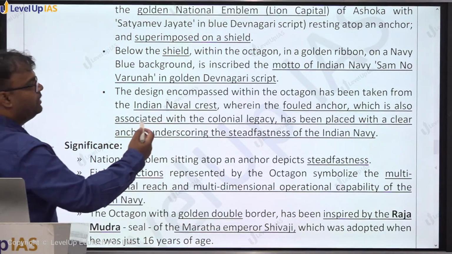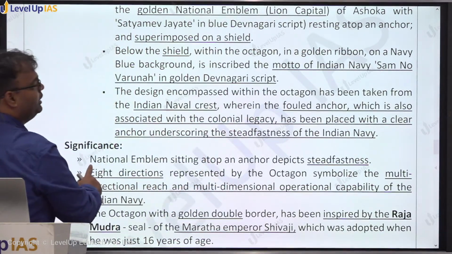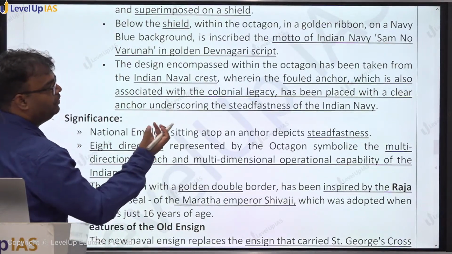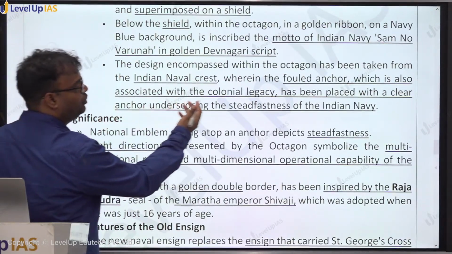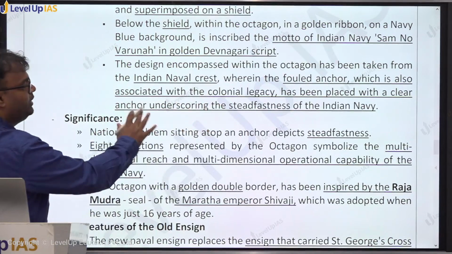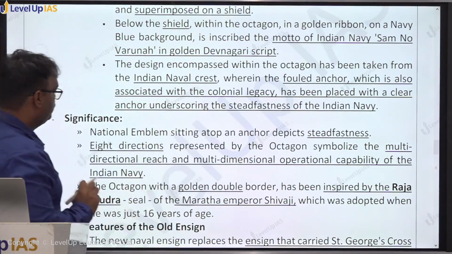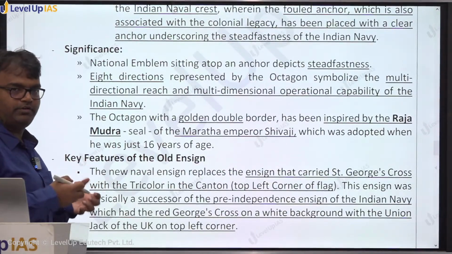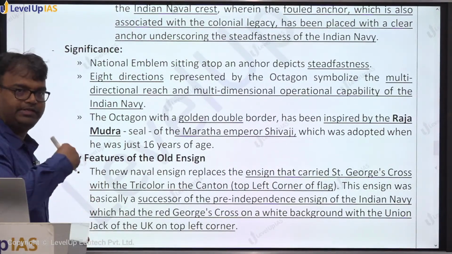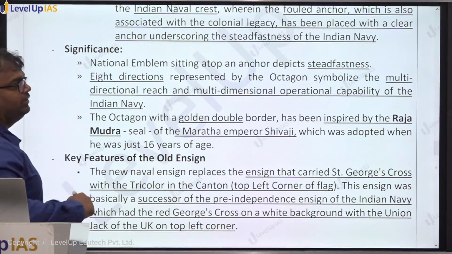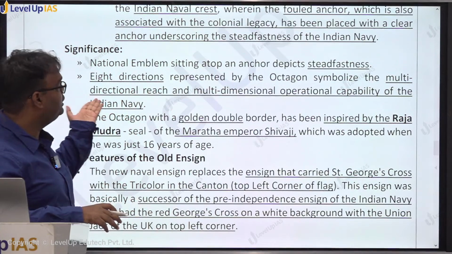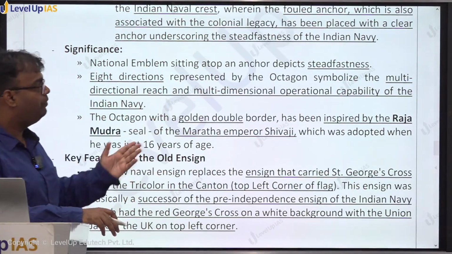The design encompassed within the octagon has been taken from the Indian naval crest, where the fold anchor, which is also associated with colonial legacy, has been replaced with a clear anchor, underscoring the steadfastness of Indian Navy. आप इसका significance देखेंगे तो emblem now shows steadfastness because of the anchor strength. 8 directions represented by the octagon symbolize the multi-directional reach and multi-dimensional operational capability of